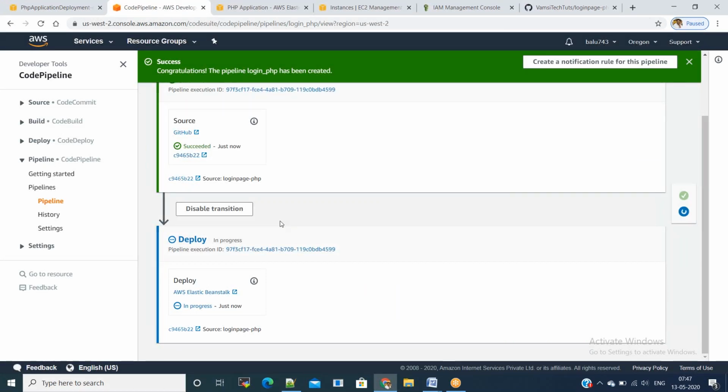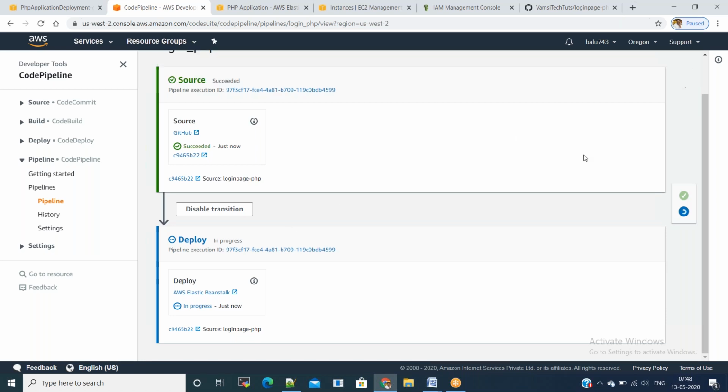Still the deployment is in progress. Yeah, deployment has succeeded.